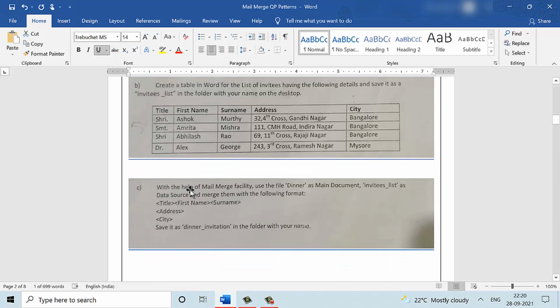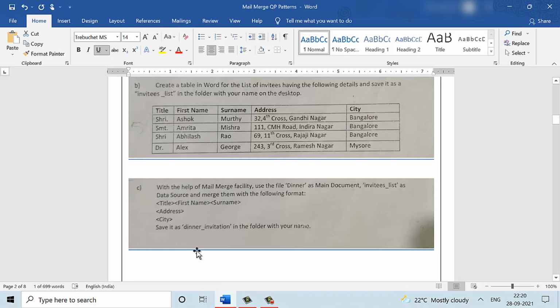The third part of the question asks the student to use the main document and the data source and merge them together using a format. The merged fields that are expected out of this mail merge are specified here: that is the title, first name, surname, address, city. These are the fields which have to be merged as a part of the mail merge.